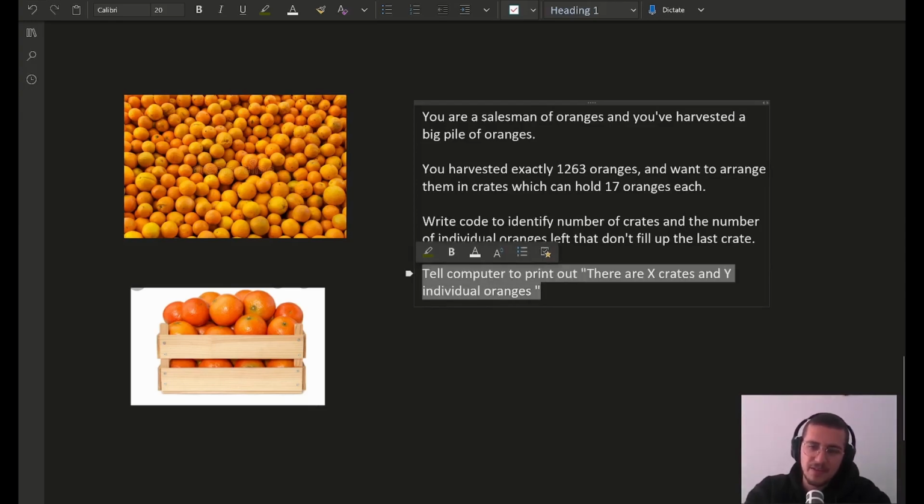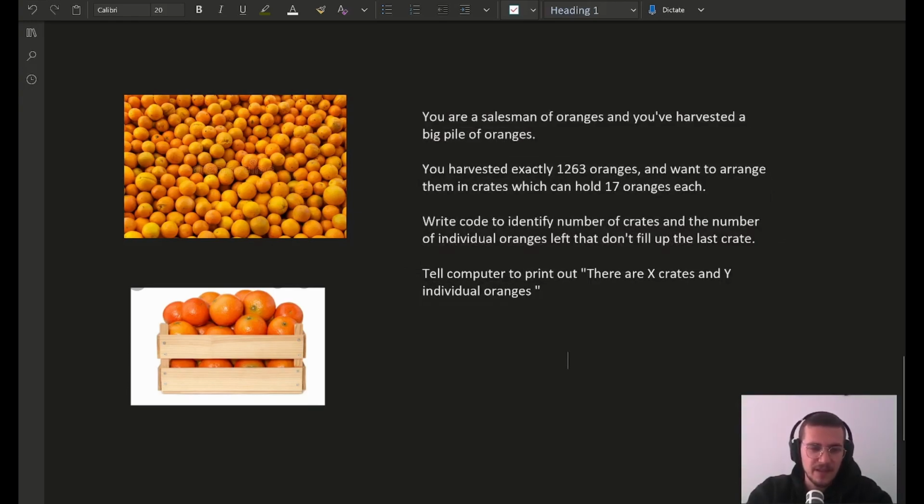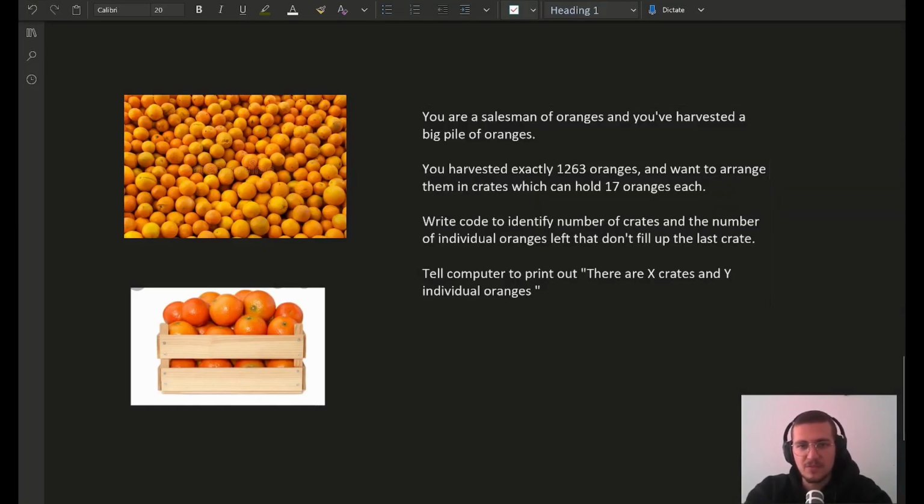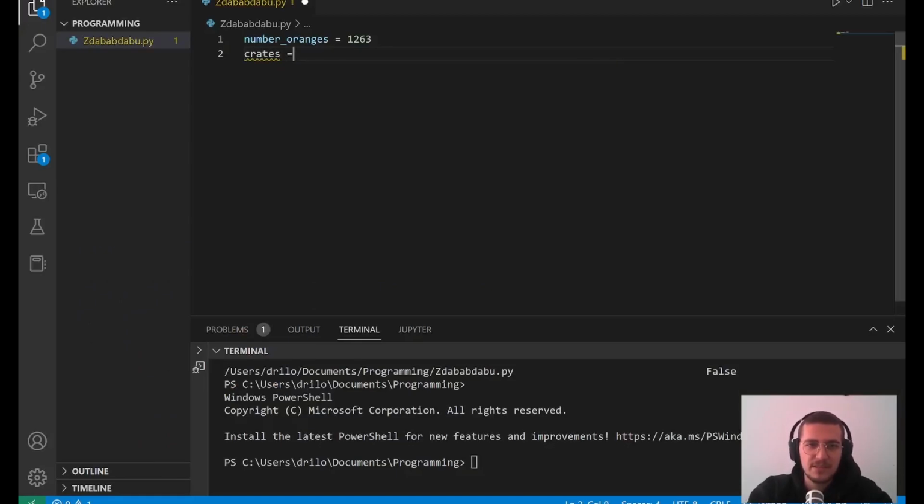So here at the last part we fiddled in some strings, and the whole part in the beginning is just doing calculations with integers and floats. So let's get on with it. We have 1,263 oranges, so number oranges is equal to 1263. What we are interested to find is the number of crates. So crates is equal to,